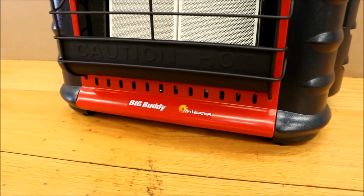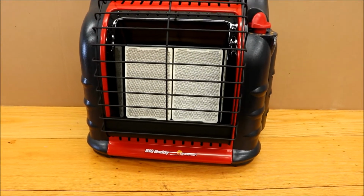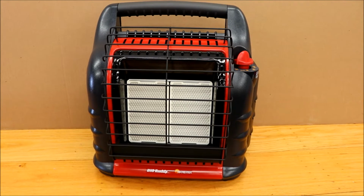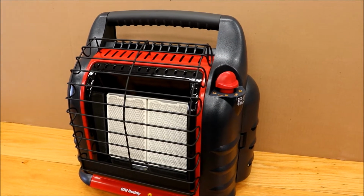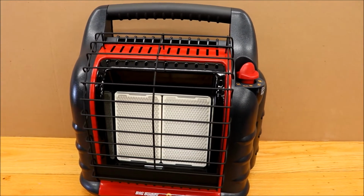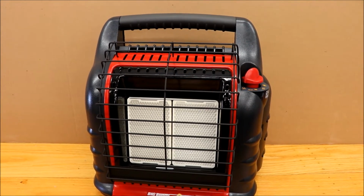Alright, so we're going to review this Mr. Heater Big Buddy. The model number is MH18B as in Bravo. And I just picked this up. It was on sale for $99, which I thought was a pretty good price. There's a smaller Mr. Buddy heater that was $70, but this one I believe has more BTUs, so that's why